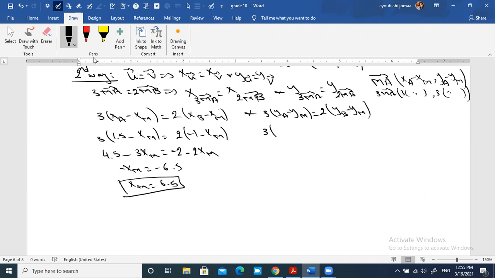3 into y of a is -2 minus y of m that we need to find. It's 2 into y of b, -1 minus y of m. Then -6 minus 3ym is equal to -2 minus 2ym. So negative ym is equal to 4. Then y of m,